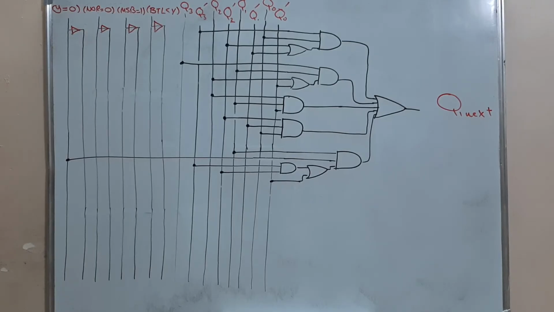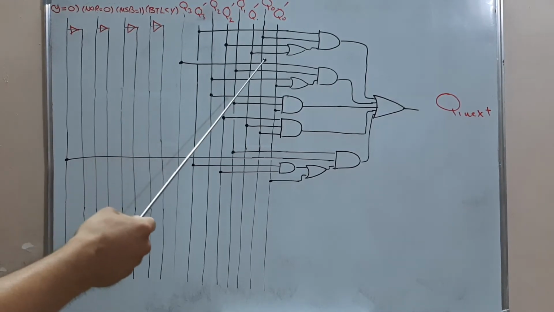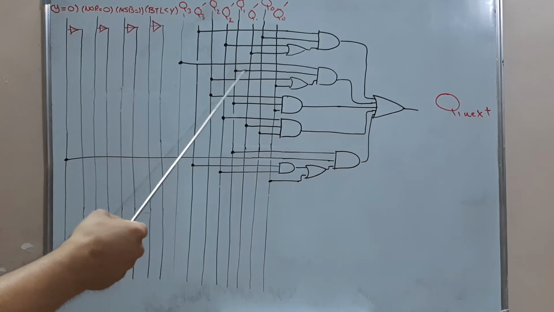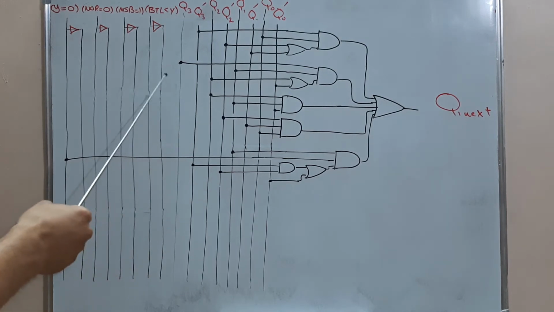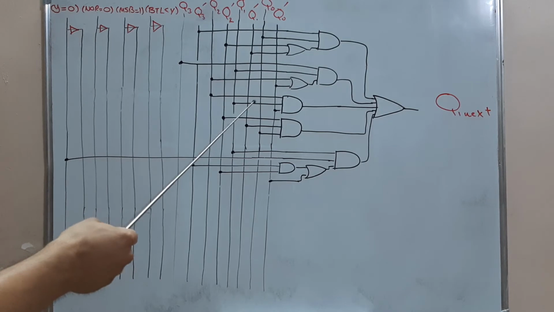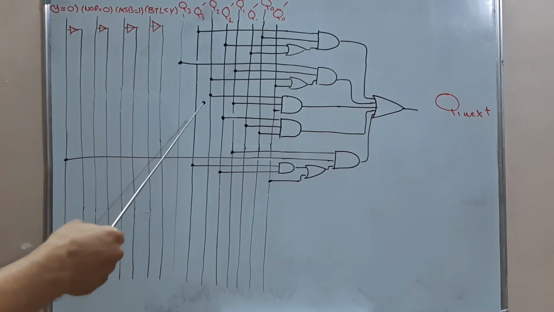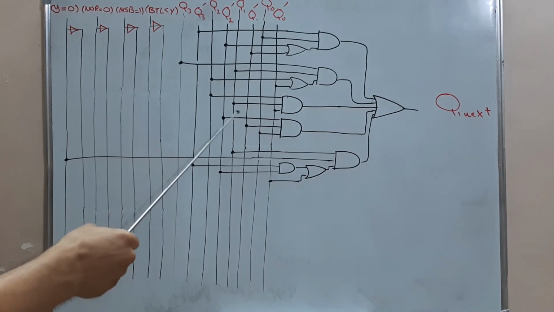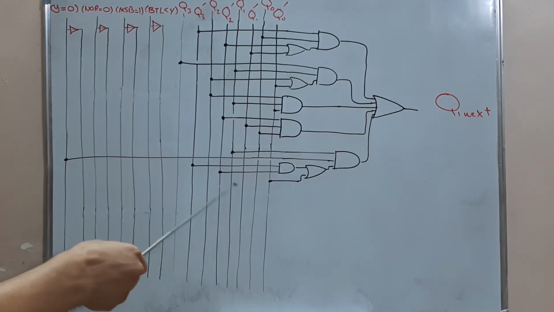The value of Q1 next is 1 whenever Q3 bar ANDed together with the Q0, and the whole is ANDed together with the Q2 bar, or Q1 bar, or Q3 and Q1, and the whole is ANDed together with the Q2 or Q0 bar, or is equal to 1 whenever Q2 ANDed together with the Q1 and the Q0 bar, or Q2 bar and the Q1 bar and the Q0, or